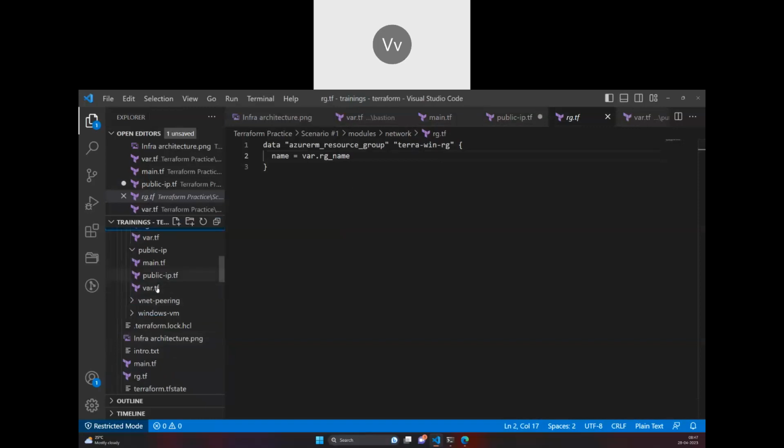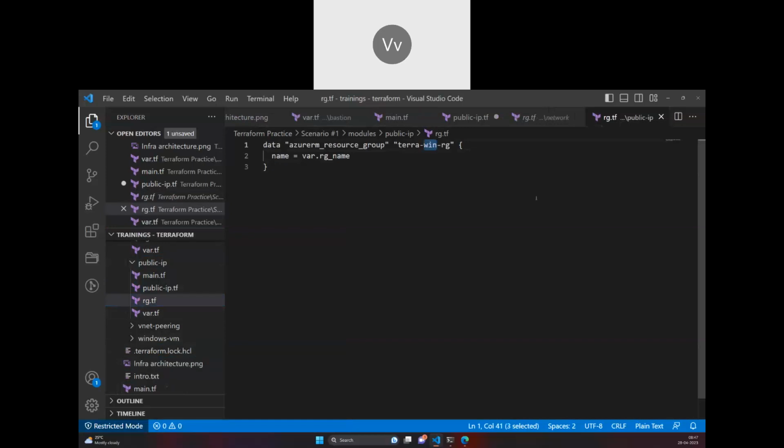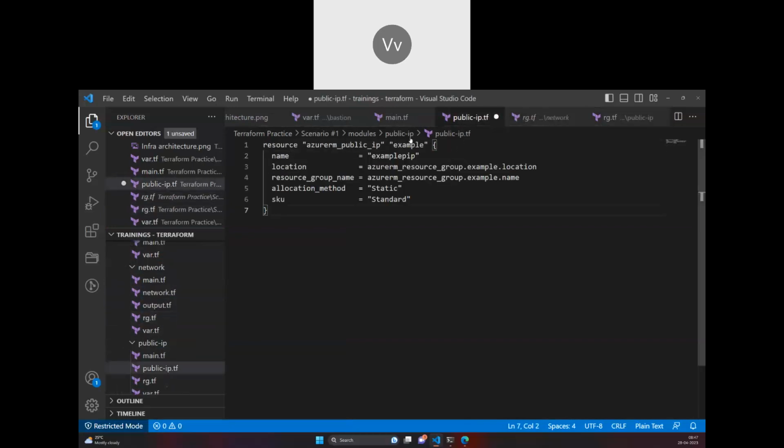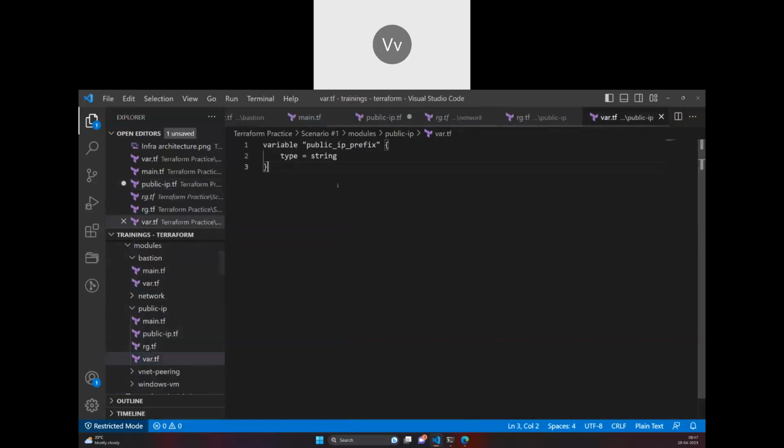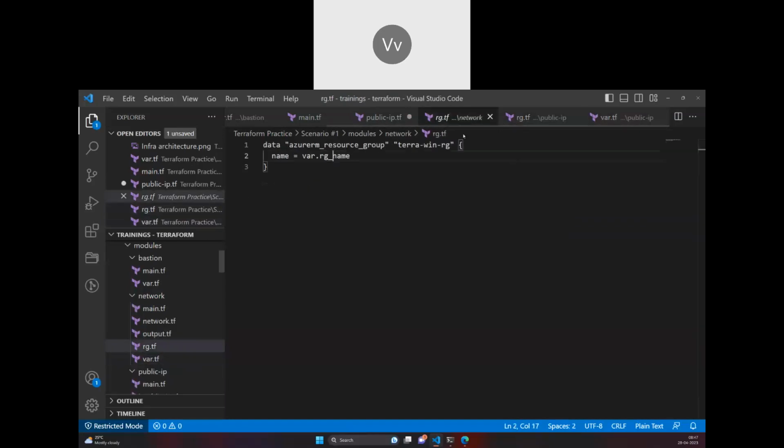So I copy this, paste it here. Now I'm going to say Terraform variable rg name. So the variable is type equal to string, and var.rg name. So it will pull the data, the resource group, and